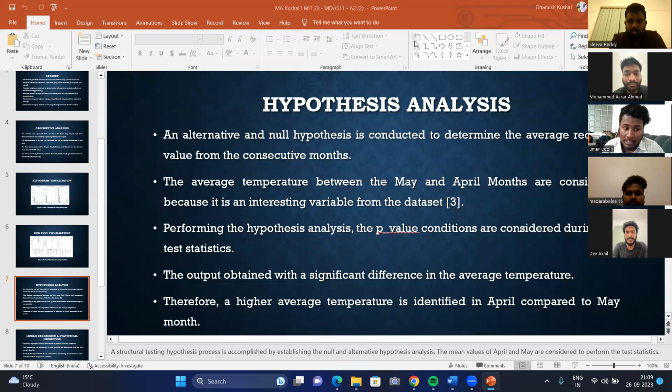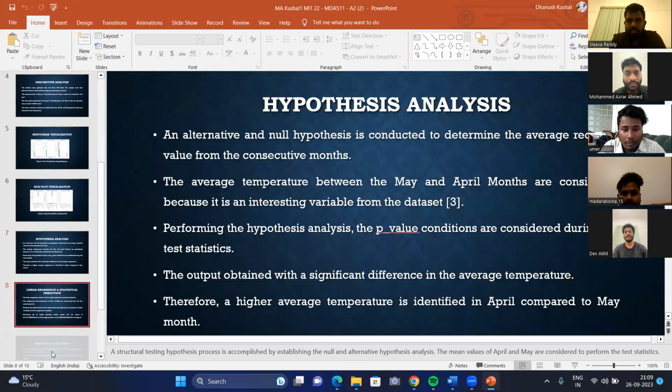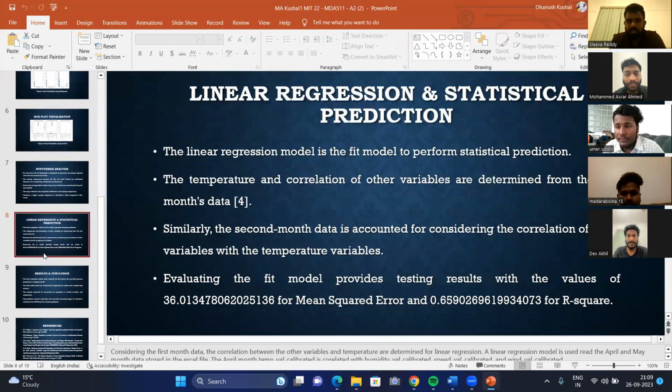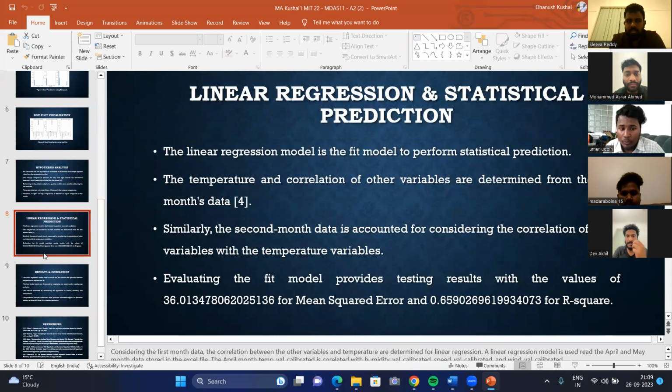After that, linear regression and statistical prediction. We perform regression on temperature, with temperature correlation and other variables determined from the month's data.